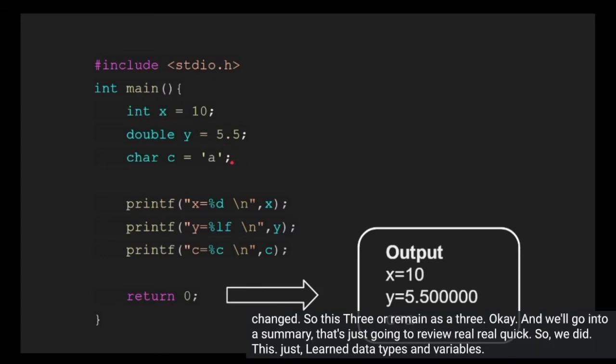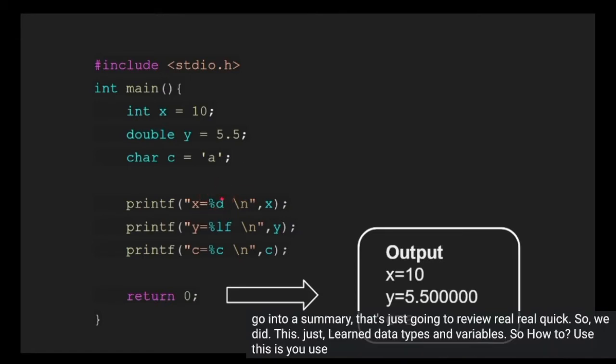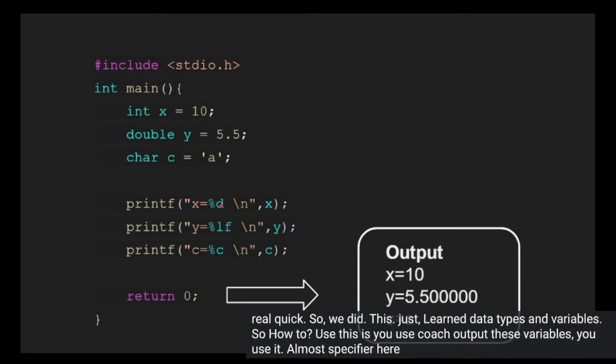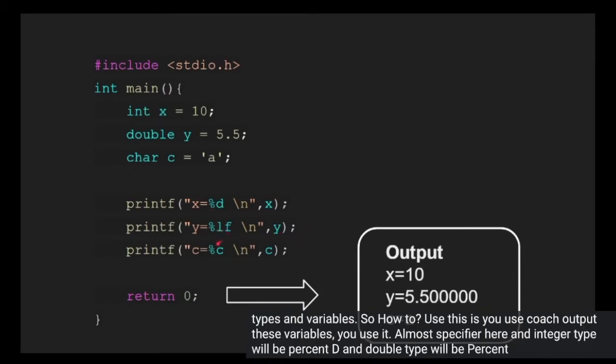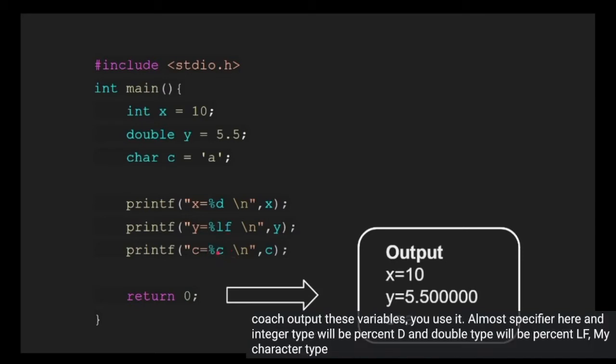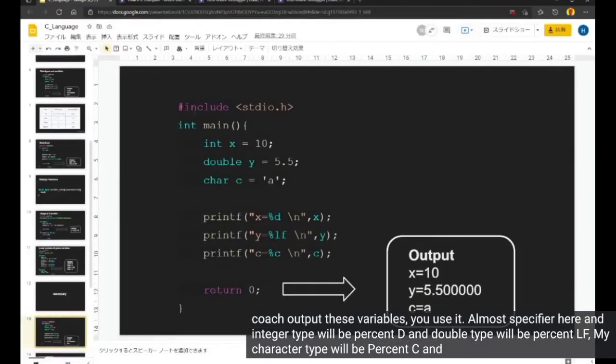So how to use this is you use how to output these variables. You use a format specifier here, and integer type will be %d, and a double type will be %lf, the character type will be %c. And you can actually